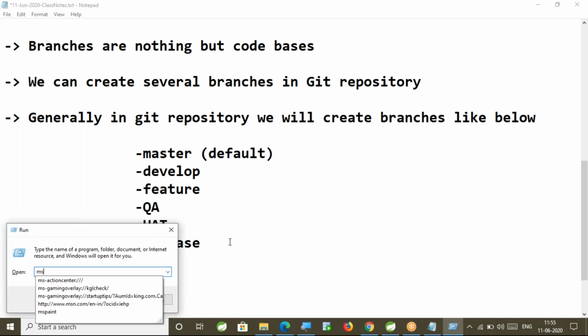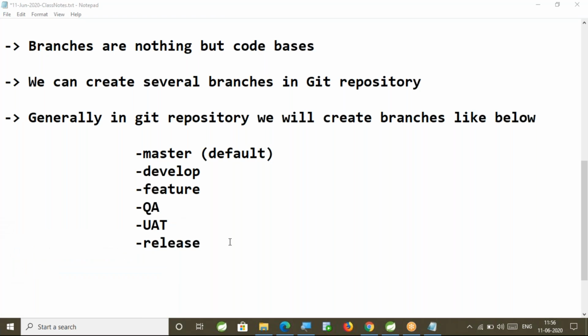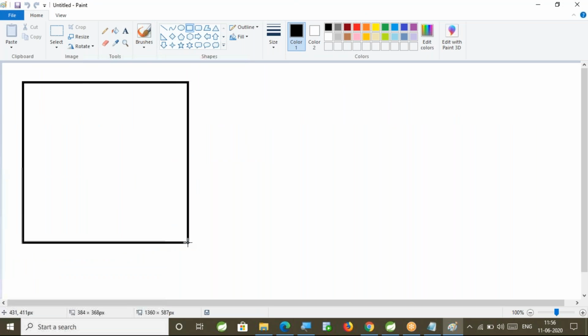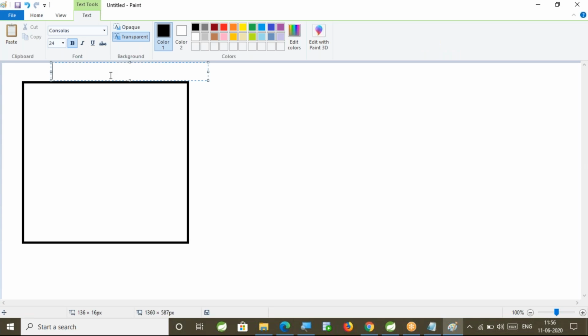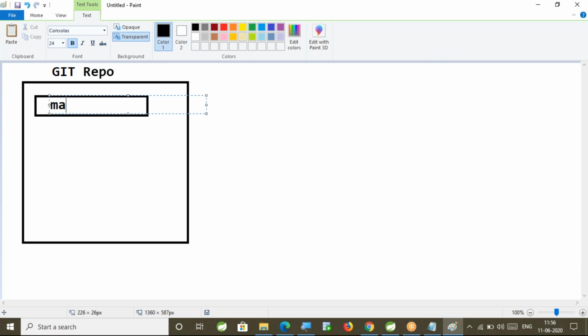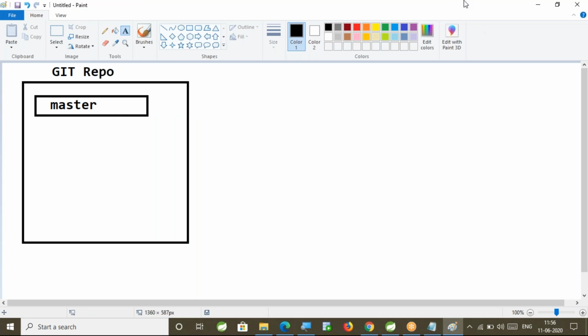Now, here one Git repository is available. This is my Git repo. Inside the Git repository, there is one branch with the name master. Now, how many teams are available in the development? In the development, again, sub teams are available.